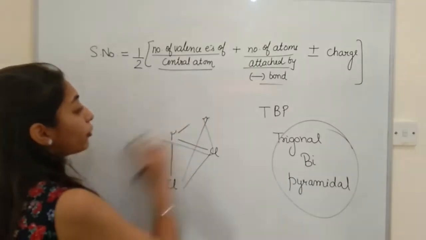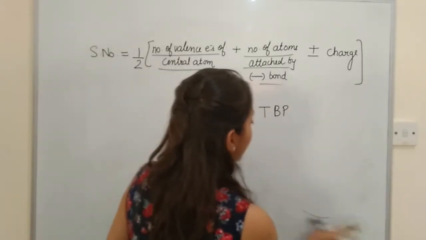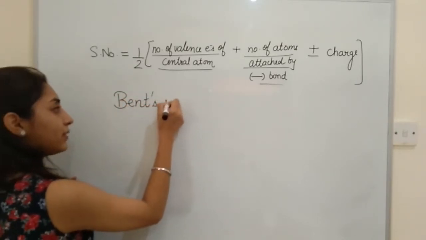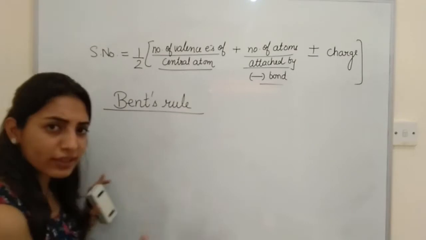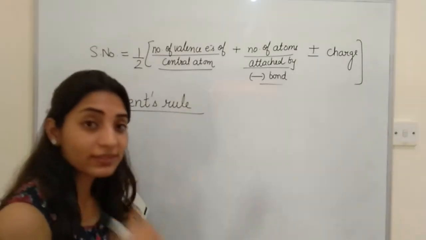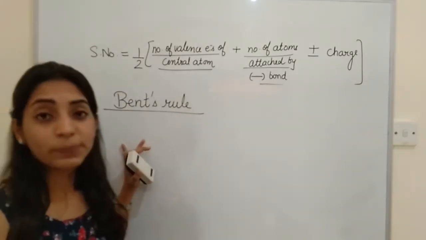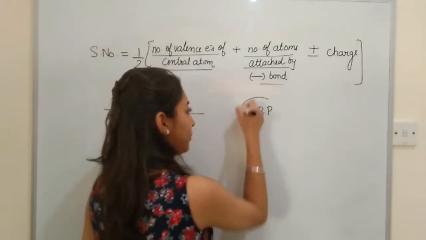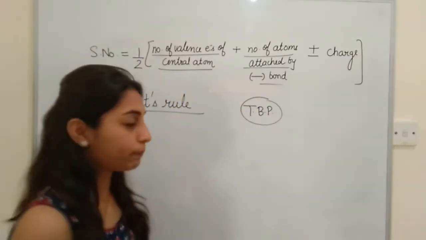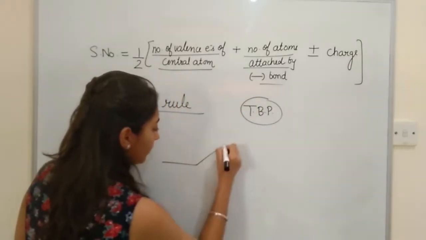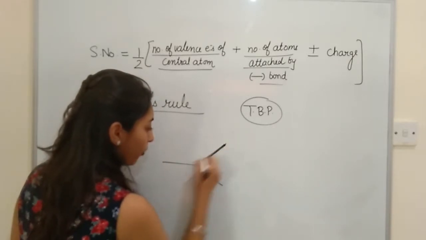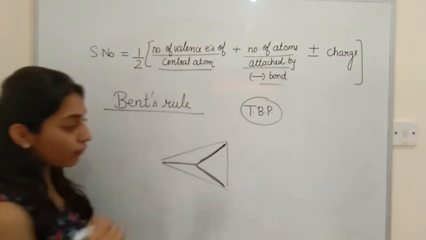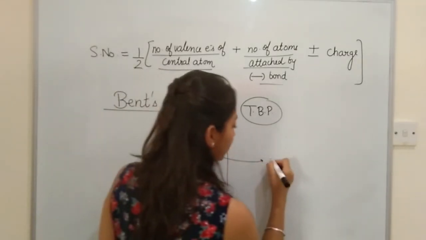Now let me talk about the rule that you are asking me, and the rule is known as Bent's rule. This is not given in NCERT. I am just explaining it to you because this is really helpful. What does this Bent's rule tell us? It says that in the case of TBP geometry, only in TBP geometry, these 3 bonds which are lying on the vertices of an equilateral triangle, these 3 bonds are known as